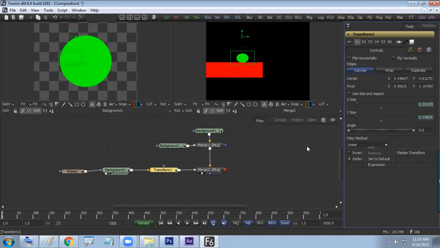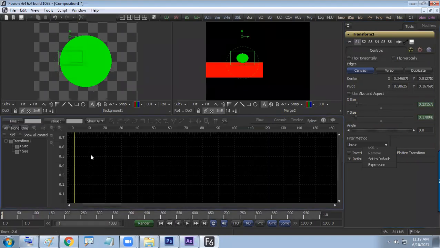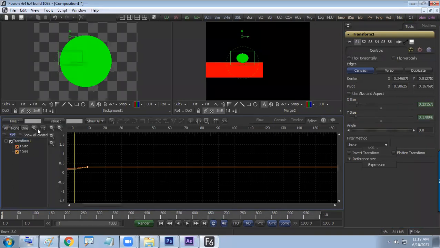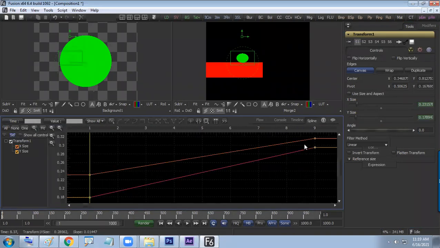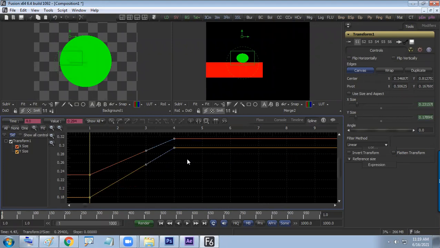And now the story is under your control. Go to the spline editor, select both the things. You can fit to the screen now. Both the things are scaling up. You can move how fast you want to do the squash and get to the normal position.